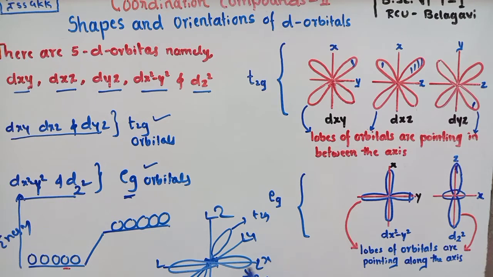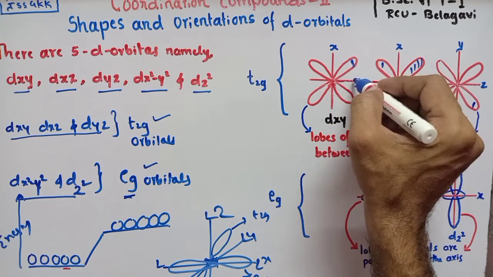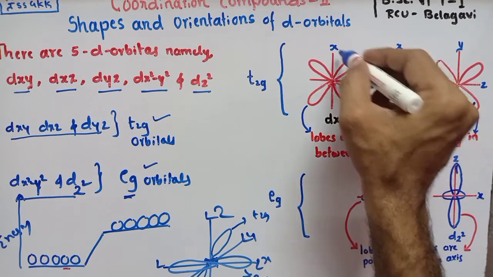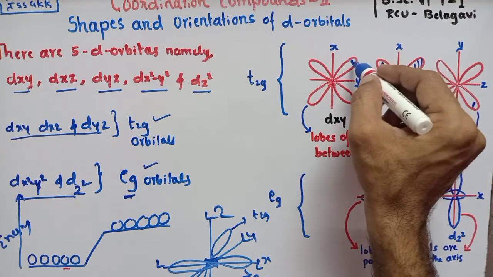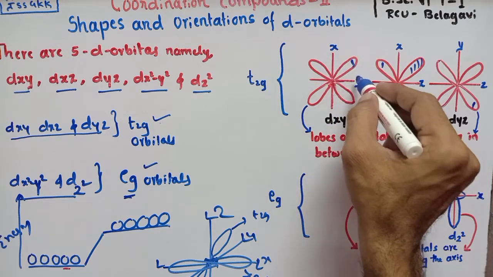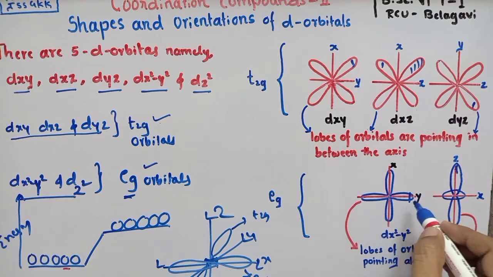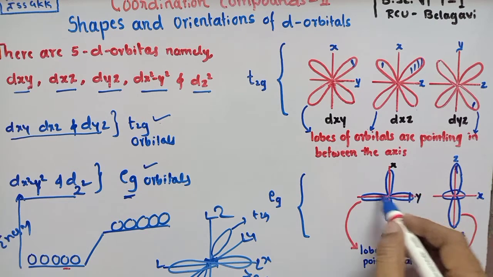Now, if the ligands are coming in the X, Y, Z directions, meaning the negative field is coming towards the central metal ion along X, Y, Z, definitely the eg orbital lobes are going to experience more repulsion when compared to the t2g orbitals, because in a t2g orbital the electron density is always in between the axes, because the lobe is always in between the axes. Therefore, if any electron is present in a t2g orbital, the electron density will be in between the two axes. But in case of an eg orbital, if any electron is there, the electron density is always lying along the axis.